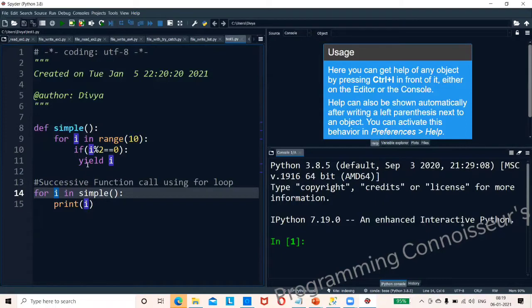So if you observe here, rather than a return, I am doing a yield. Now I call for i in simple.